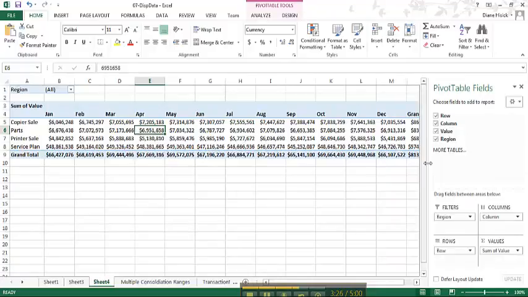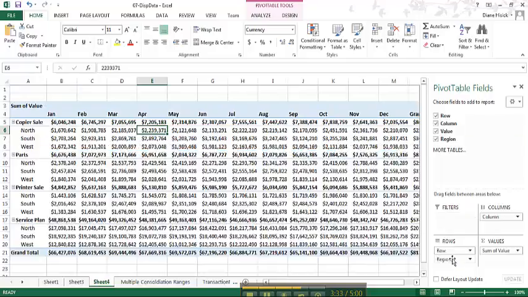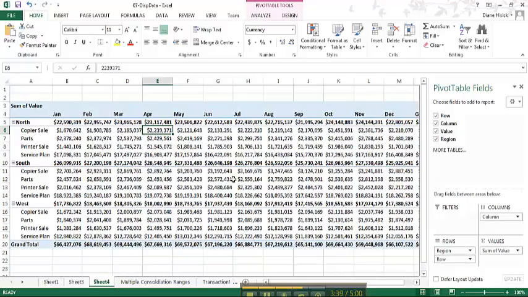So I'm going to add in region as one of the rows. Let me try it one more time. And I want to switch it so that it's broken up by region first and then by the parts, the sales options. So now you can see that out of 3 tables, I've now been